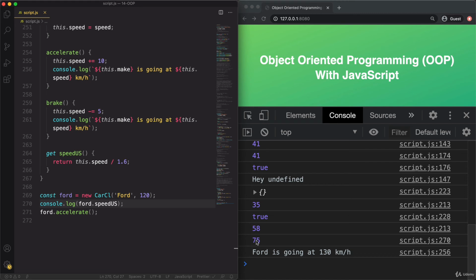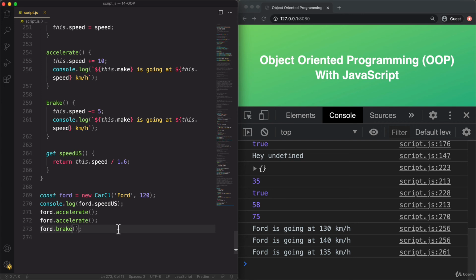So indeed, this 75 here, coming from line 270, is this speed_us property. So again, we basically transformed a method here into a property so that we read like this by using a getter. Then we accelerate a little bit, so we increase to 130. And so that means that these methods, they keep working. And so our conversion to class works flawlessly.